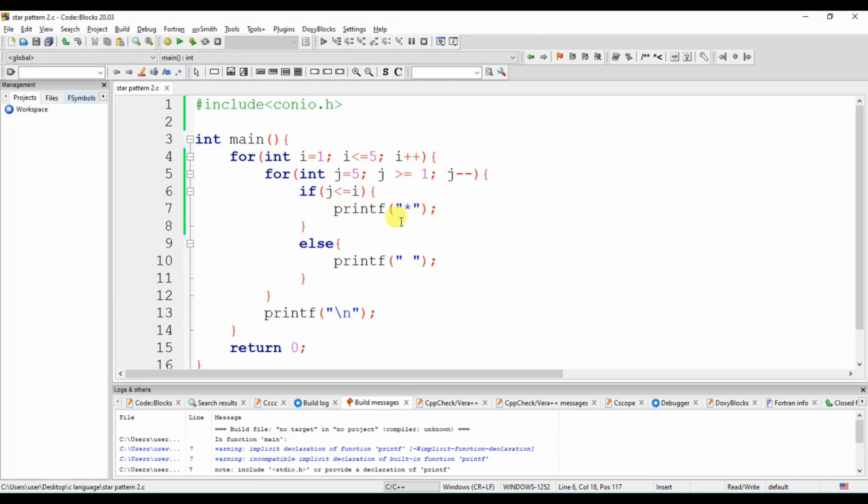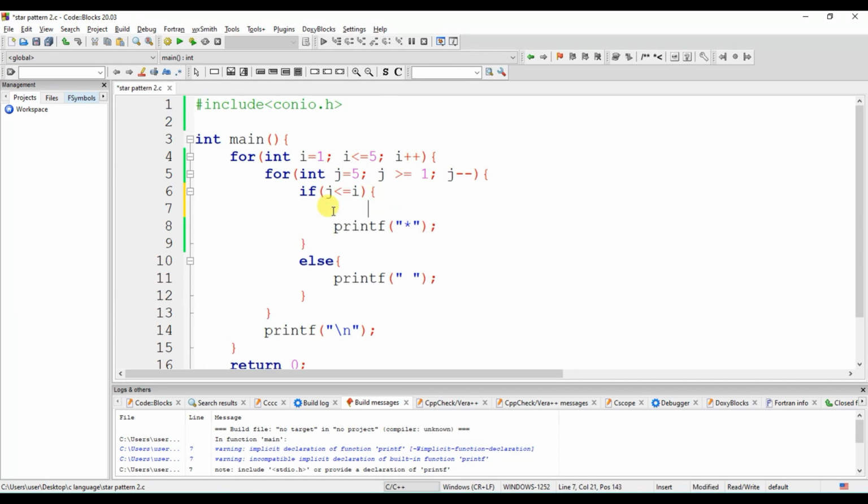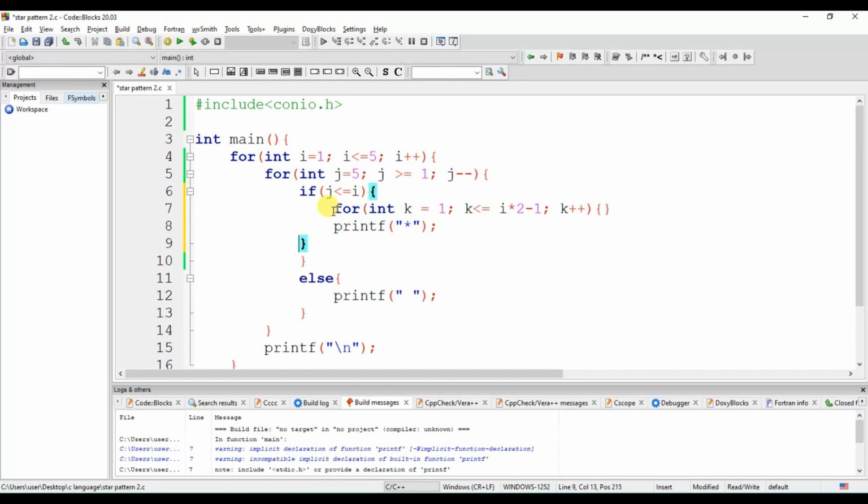So what we can go for, here we can create another loop which is a for loop. So we can create int k equals to 1, k is less than equal to our logic I into 2 minus 1 and k plus plus, and we can insert this thing into this, and we can save it and run it.